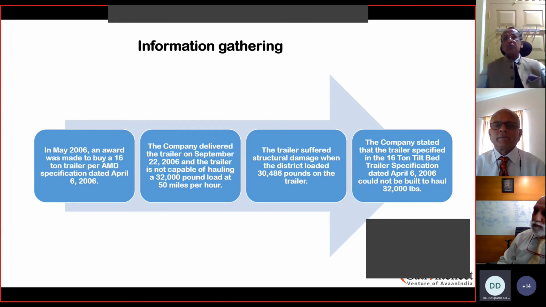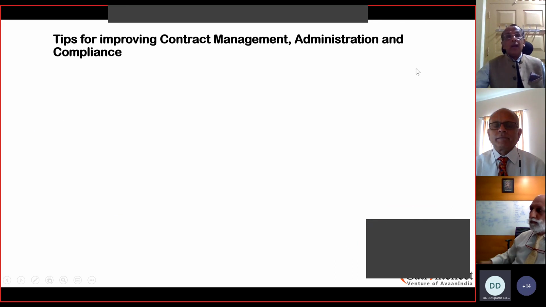We have been talking about specifications. It's very important that you get the right specification. All the examples Captain Yogesh Kundra has been talking about have been because of incorrect specifications given in the contract. Okay. Now